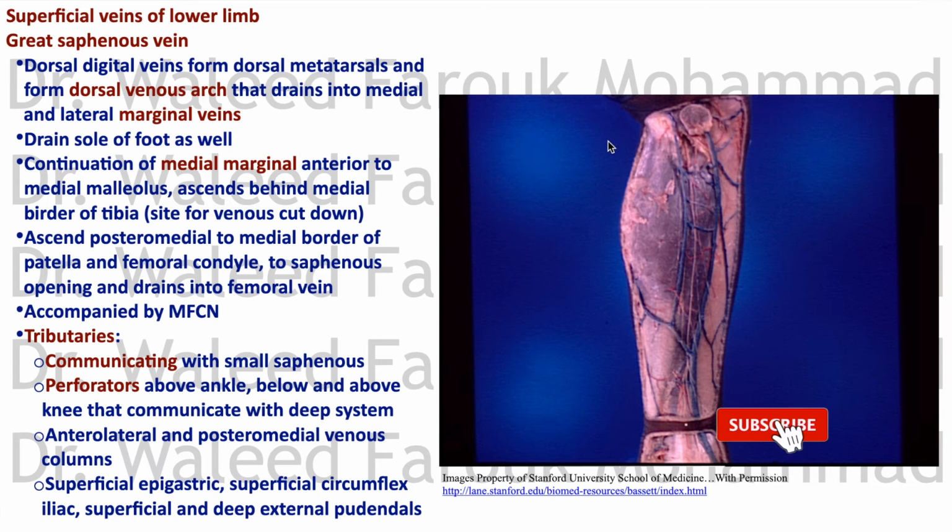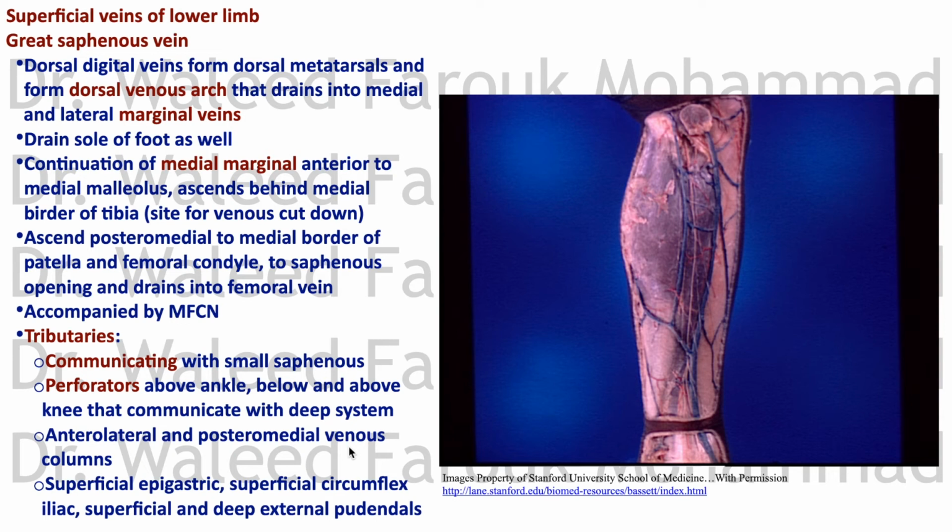There is a communicating tributary with the small saphenous. There are perforators with the deep system, its connection with the venae comitantes of the deep arteries, of the posterior and anterior tibial arteries. One above the ankle, one below the knee, one above the knee, and in the mid-thigh, maybe one with the femoral. These represent a communication between the superficial venous system of the lower limb and the deep venous system of the lower limb. It also receives the anterolateral and posteromedial venous columns once they are formed on the thigh,